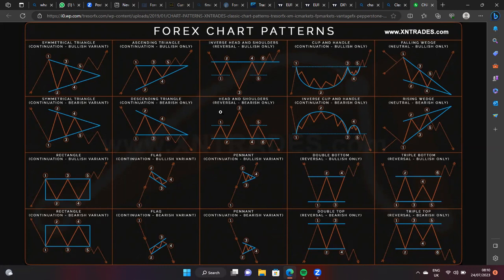The next one is the head and shoulders reversal, bearish. Now, this one only happens in a bullish trend. The inverse head and shoulders is a reversal for only bullish. That's when the price is dropping, the market is dropping. This happens more of the time for it. Then the head and shoulders reversal is for